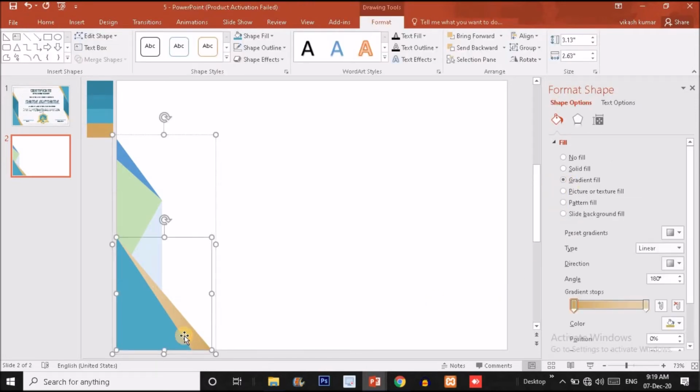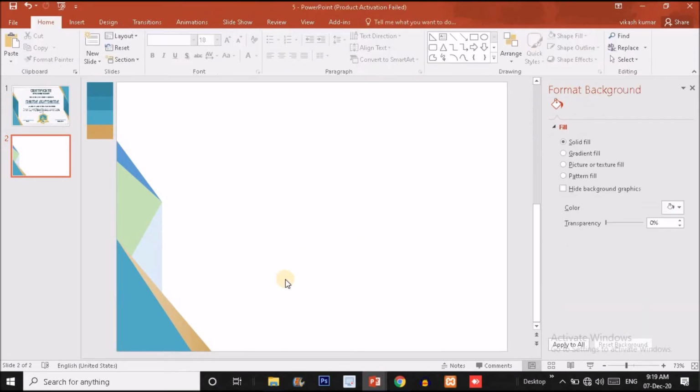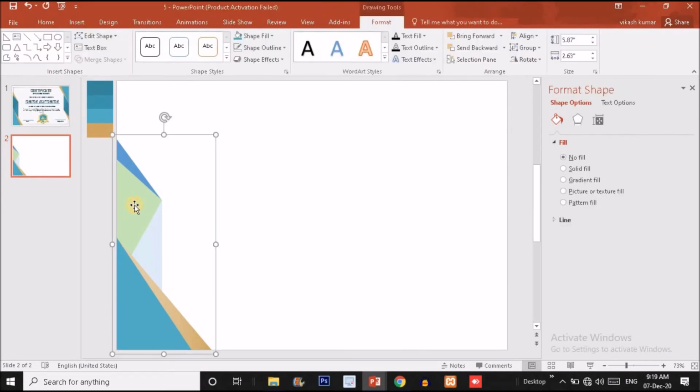So let me change the gradient fill. I'm going to change the color. For the left side I'm going to use this color. Okay, now it's fine. Now for this shape,